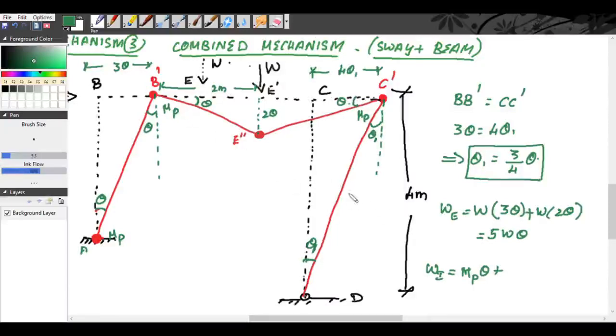So at B, it is MP into theta plus theta. Plus at E, it is MP into, here we have theta